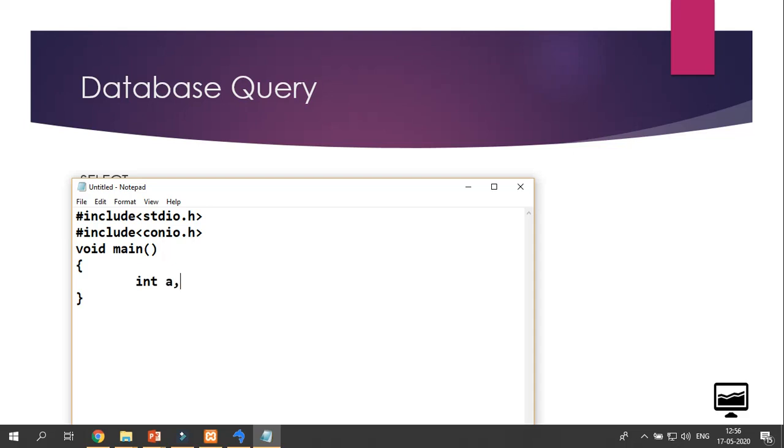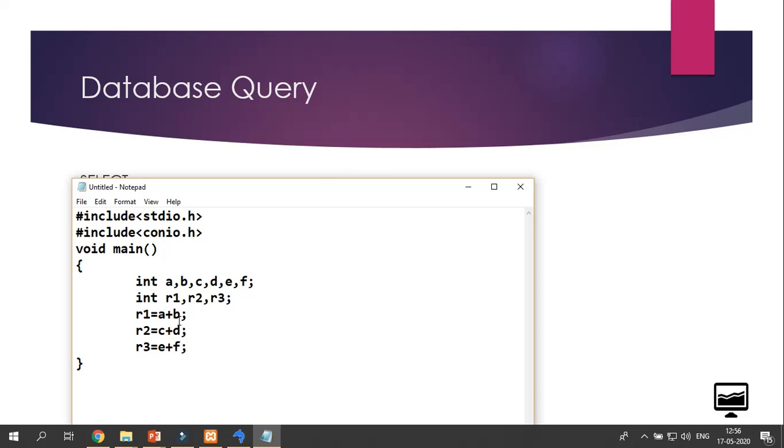Suppose integer a, b, c, d, e, f. Integer result1, result2, result3. R1 is equal to a plus b, R2 is equal to c plus d. Then R3 is equal to e plus f.